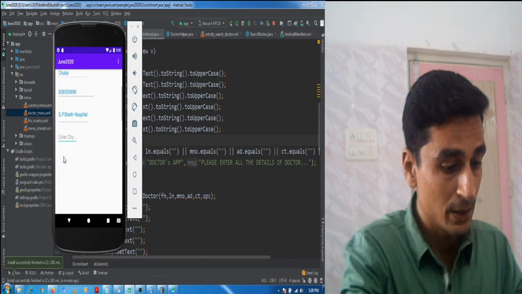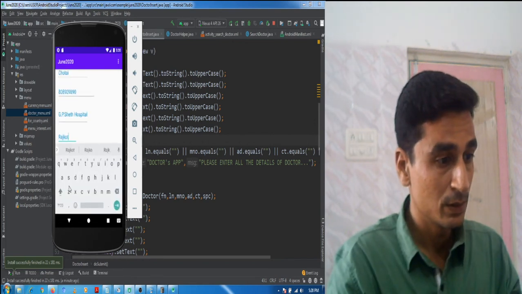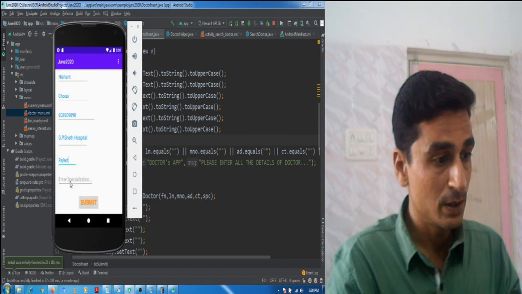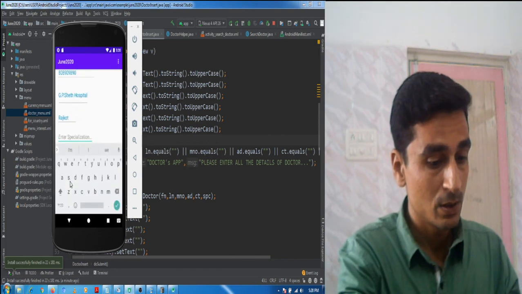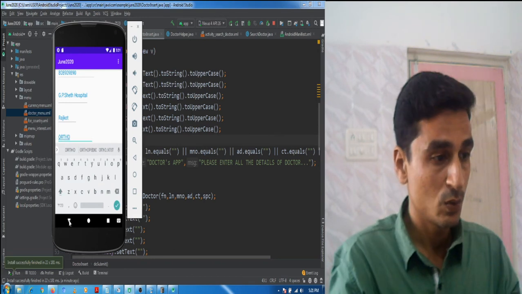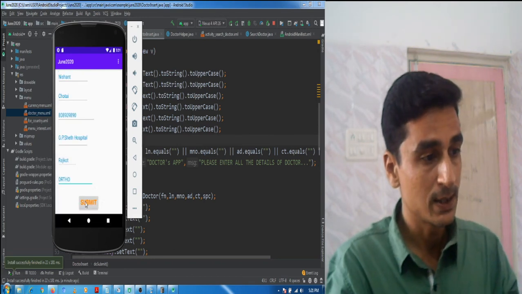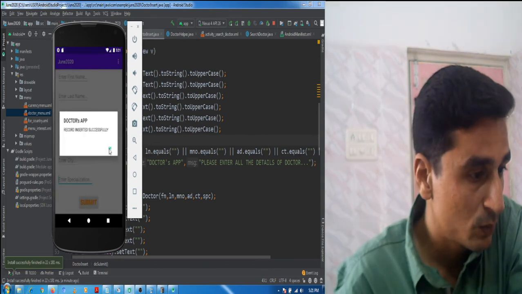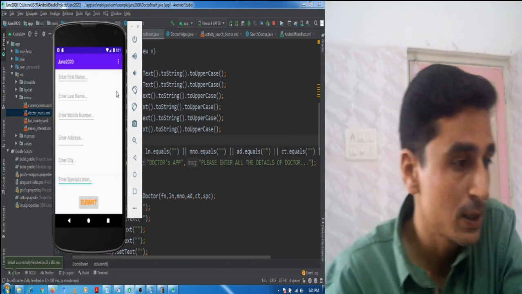City is Rajkot and specialization is orthopedic surgeon. Okay, submit. Now once it is submitted, let us find it.